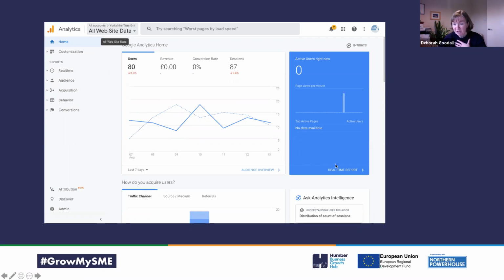Tells you how many people are on your website at that very moment in time. And then there's a little thing about how you acquire users. So the home page gives you a little snapshot of time, but it doesn't really tell you anything super useful. So you need to delve into what's going on in order to get the best information out of Google Analytics.